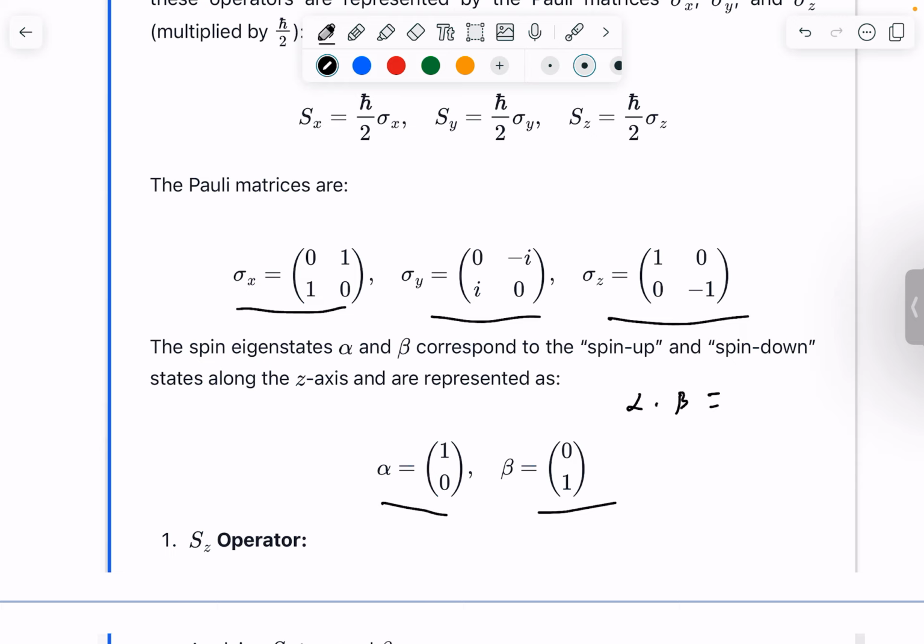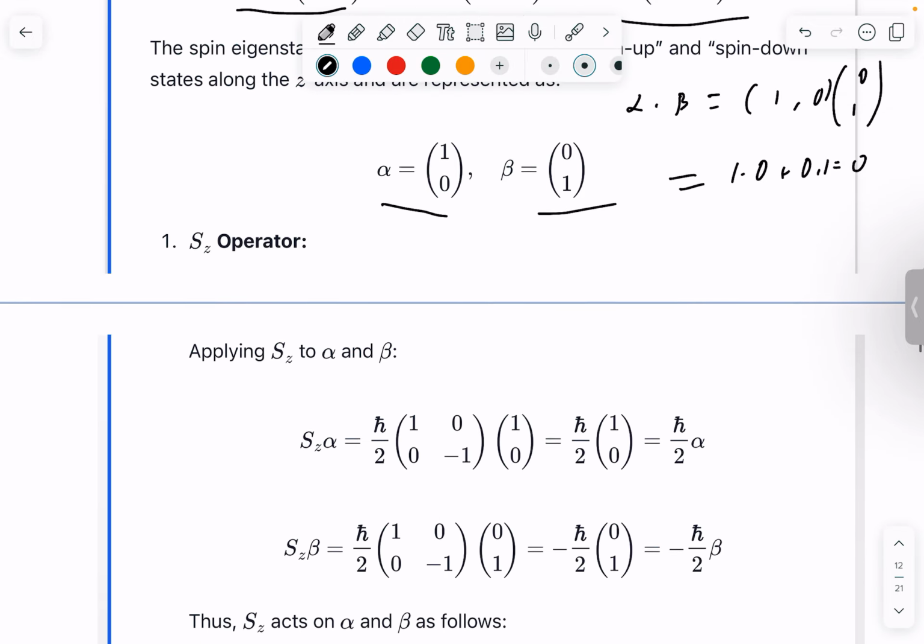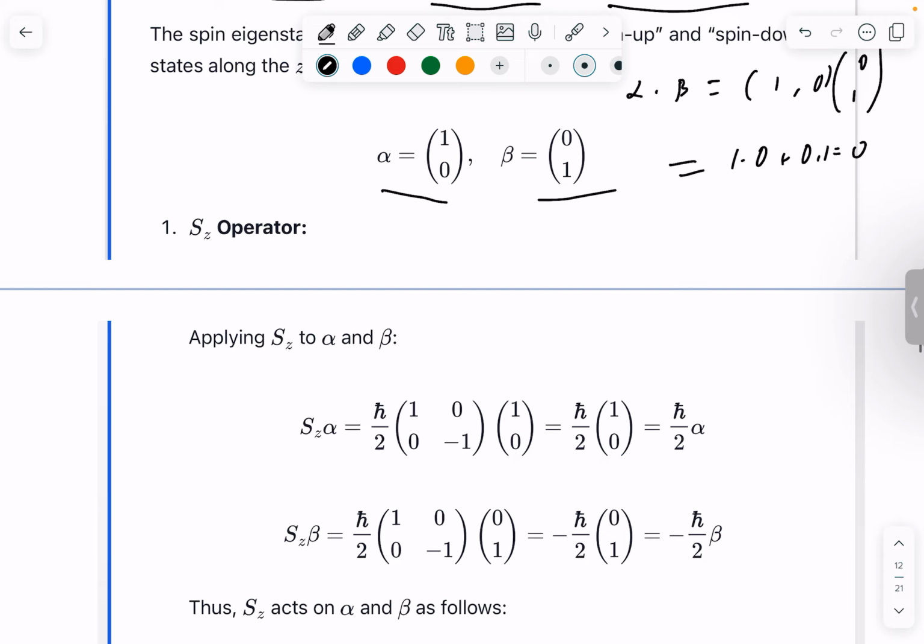Because if you take a dot product of (1, 0) with (0, 1), it's going to give you 1 times 0 plus 0 times 1. It's going to give you 0. So they're fairly simple objects, much simpler than the eigenfunctions of other operators like the Hamiltonian and angular momentum that have complicated r, theta, phi dependence. And you can clearly see how the spin operators act on their